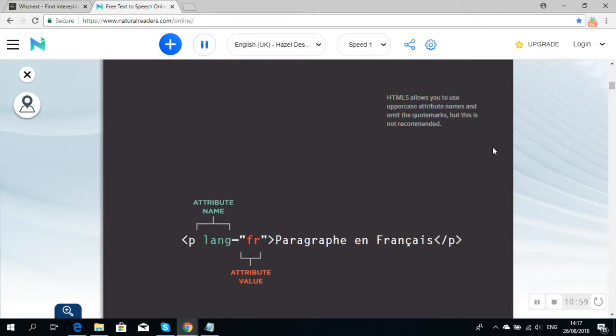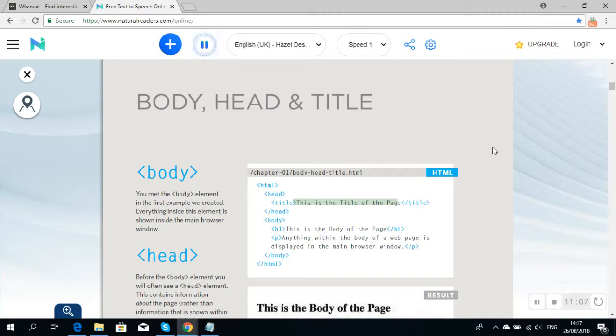Paragraph in parentheses. Attribute name. Attribute value. This is the title of the page. This is the body of the page. Anything within the body of the web page is displayed in the main browser window. /chapter01/bodyhead title.html